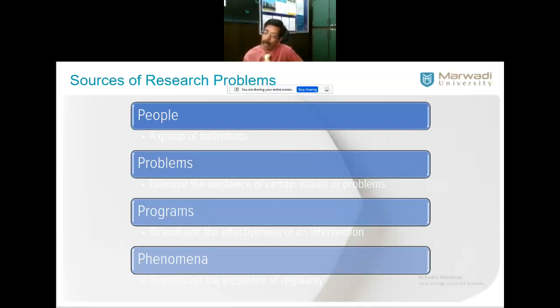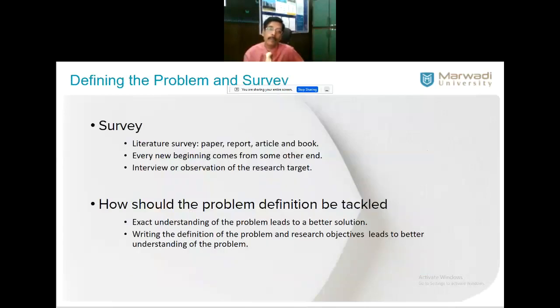Phenomenon or a concept. The concept, it's available, it is published. You can find out, depending upon the innovations and changes happening regularly, that the solution space invented some years ago may not be suitable for the current scenario, but you can modernize it. So these are the four major sources of a problem.